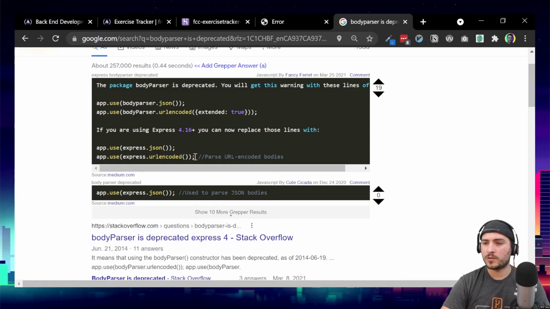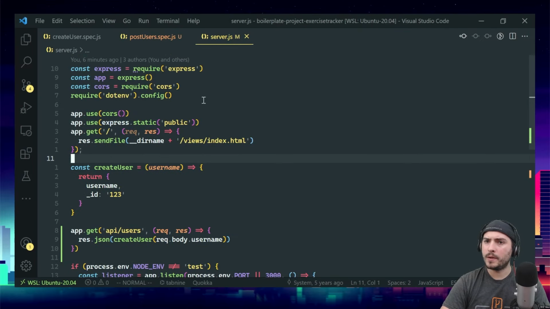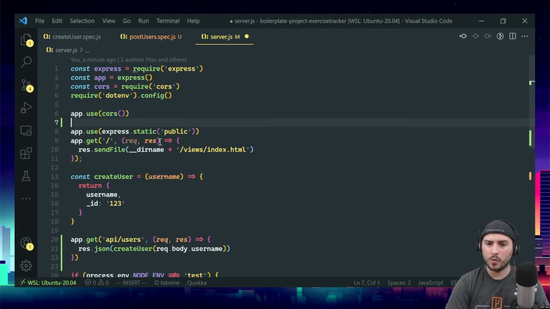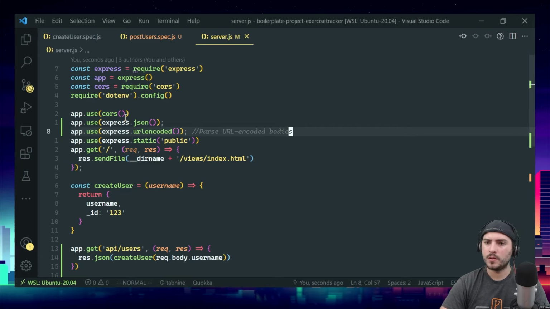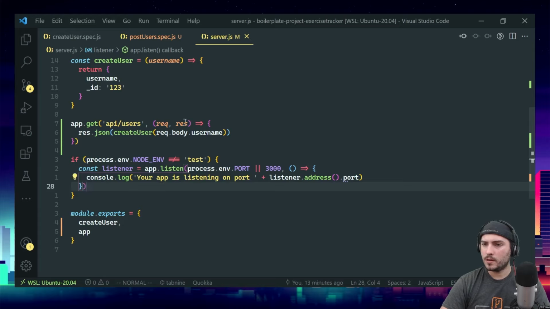Oh, Express is just built in. And there's this for handling URL encoded bodies. So maybe I just grab this stuff here. And apparently in newer versions of Express, you can just do this right after the course gets set up. So yeah, we're handling JSON payloads now and form data payloads. So this should work,